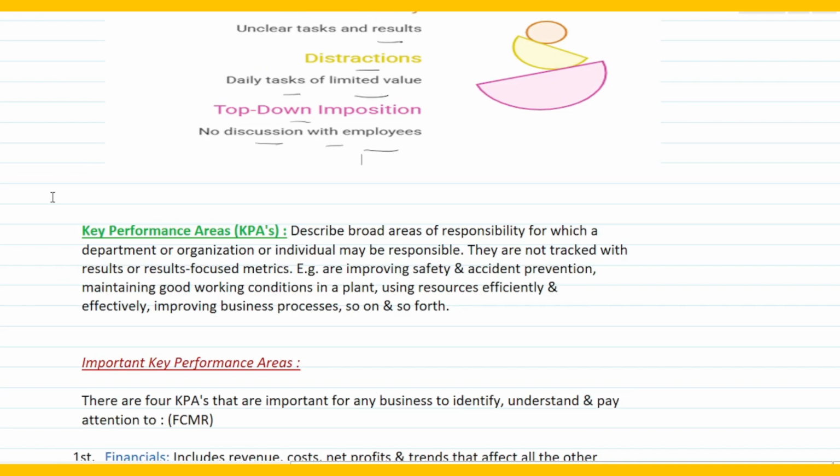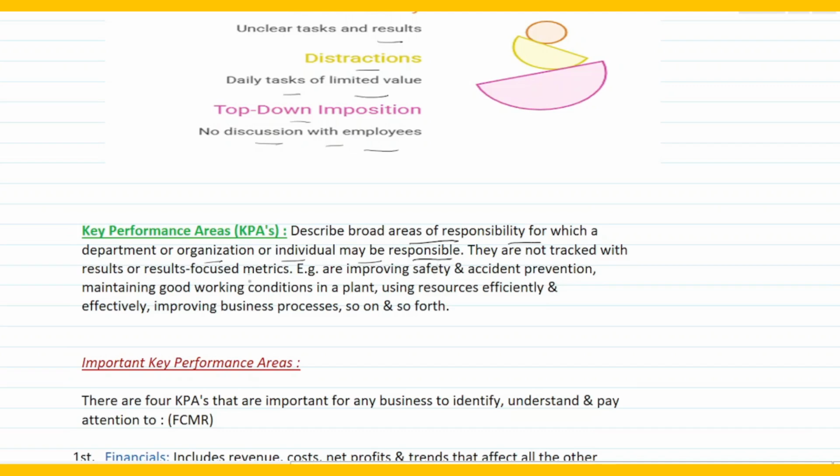Now we talk about something called as KPAs. Right? So task control had three things. One is KRAs, second one is KPAs. KPA is key performance areas. Now what do you mean by key performance areas? These describe broad areas of responsibility for which a department or organization or individual may be responsible. So when we spoke about the KRAs, that the result areas, we spoke about how to define a job. Now we talk about the performance areas, that is KPAs, and this basically describes broad areas of responsibilities for which